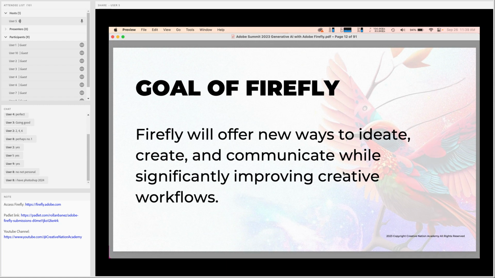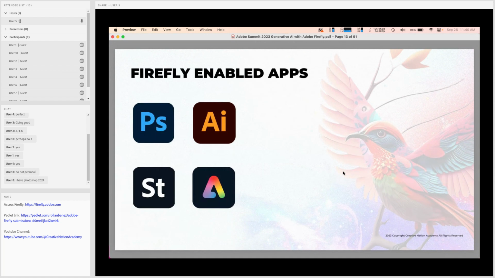I already did this session for a lot of students here in the Philippines, and I've seen their enthusiasm and their excitement on how they can use AI to actually generate more ideas on the fly, just typing and making experimentations from their ideas. So these are the following Firefly enabled applications that you can use. We have Firefly technology inside of Photoshop, Illustrator, Adobe Stock, and also the new Adobe Express that I'm going to show you. Three of them. I'm going to show you how to do it.